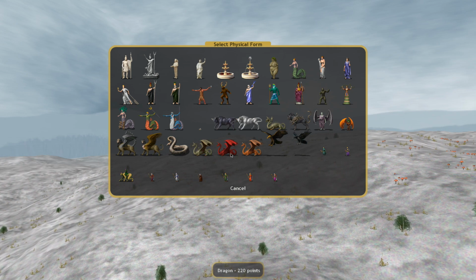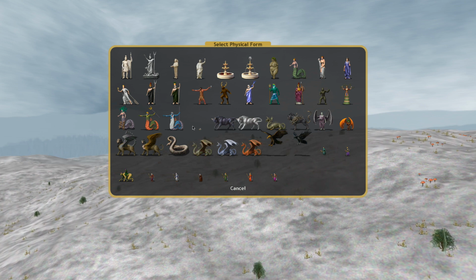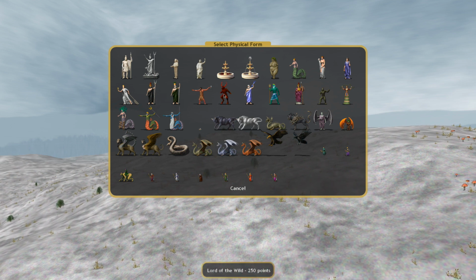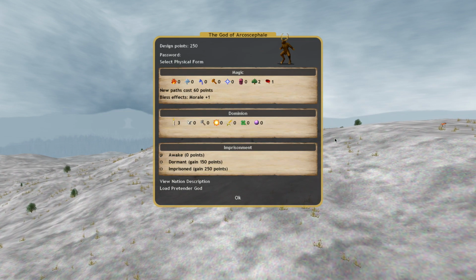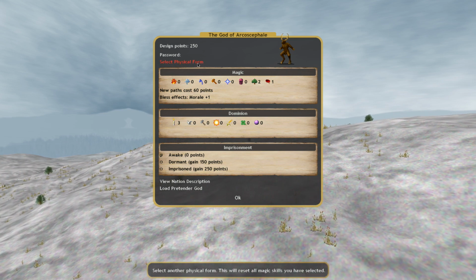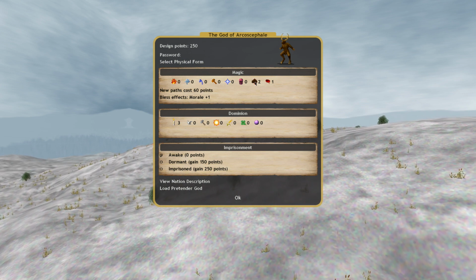The dragons are super cool, but I think that's just maybe a little bit too, I don't know, I just feel like that's maybe not elemental enough. I think we're going to go with the Lord of the Wild. That feels very elemental, like a deer humanoid. Yeah, definitely pretty elemental there. So let's go with the Lord of the Wild, and then you can see there that he actually starts